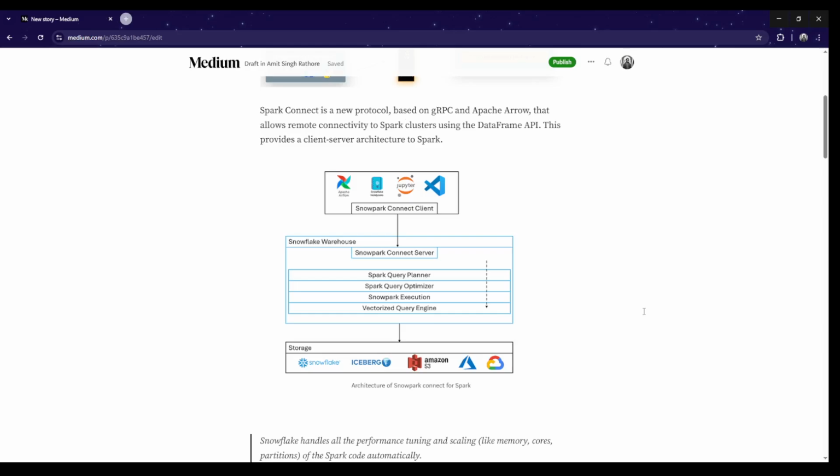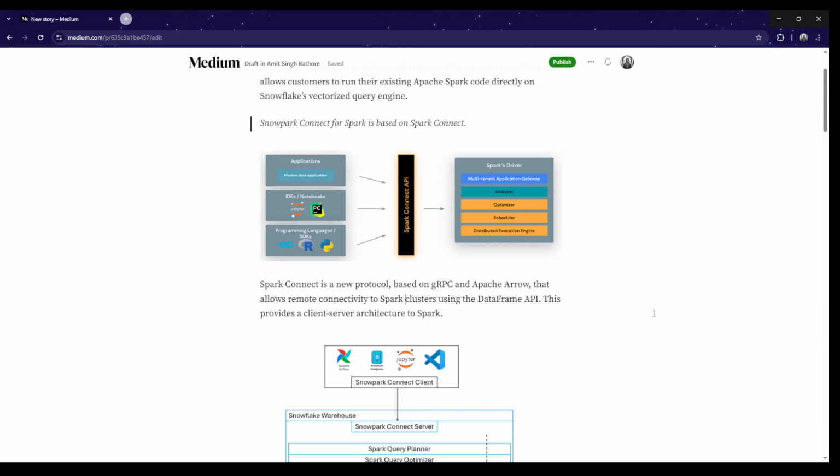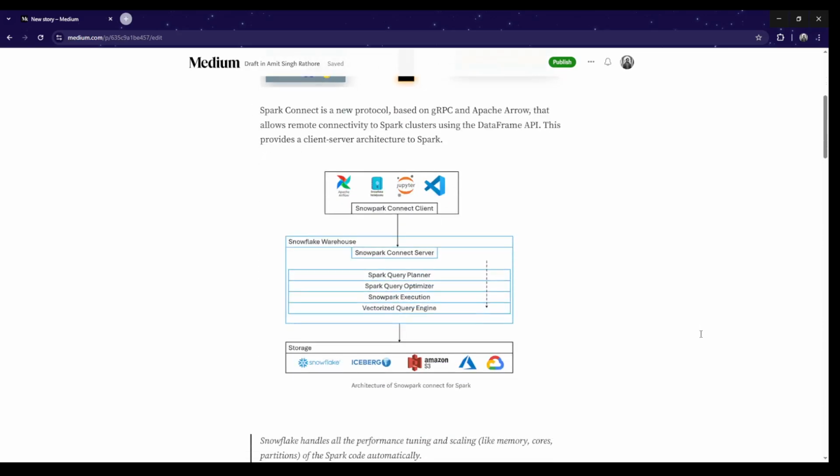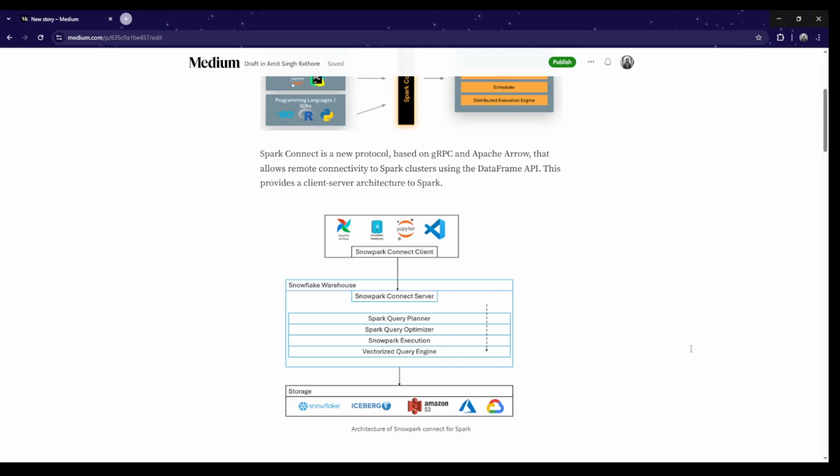People who are not aware, there are other implementations of the Spark distributed execution engine. For example, there is a project called Data Fusion Comet that also does something similar. They translate the Spark plan into a Rust-based plan. Similarly, there is a project called Gluten, which also translates the plan written from Spark to a Substrait model. It is written in C++, so they follow the Substrait model. So they create Substrait out of it,